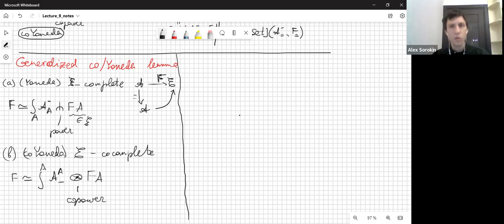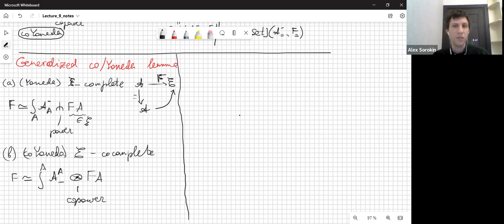Category of sets is both complete and co-complete. Therefore, this result generalizes usual Yoneda and co-Yoneda lemmas. Still, very often people work with functors that are landing not necessarily in a category of sets, in some other category, maybe with sets with additional structure, but not necessarily sets itself. Still, you have analog of